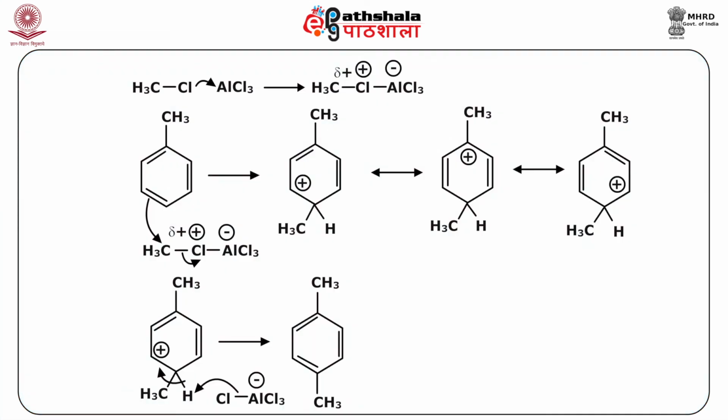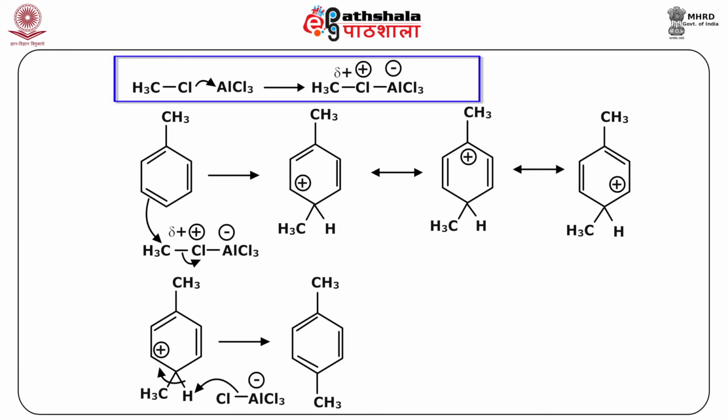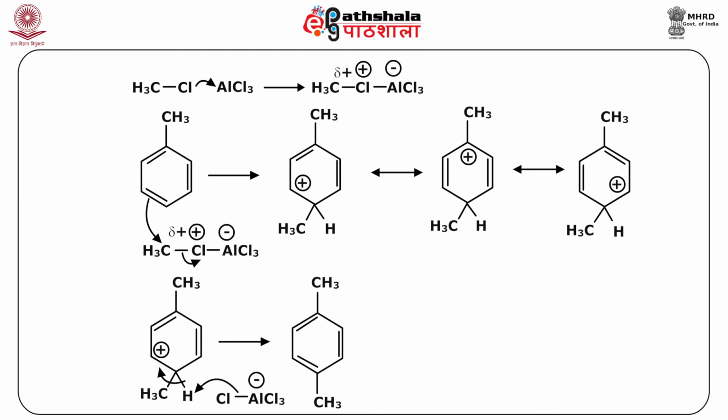The fifth example is again Friedel-Crafts Alkylation, named after the scientists. Friedel-Crafts Alkylation occurs by replacing a hydrogen atom with an alkyl group. In it, we use a lone pair of chlorine of the RCl, here methyl chloride, to open the octet of aluminium chloride, which is the Lewis acid. As a result, AlCl4- leaves. The R+ cation generated acts as an electrophile in the electrophilic aromatic substitution. The alkyl group here is an ortho-para directing group in toluene, which we have taken as an example. Thus, a para-substituted product is formed.